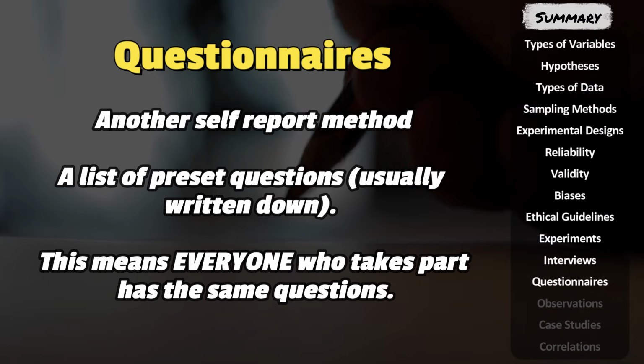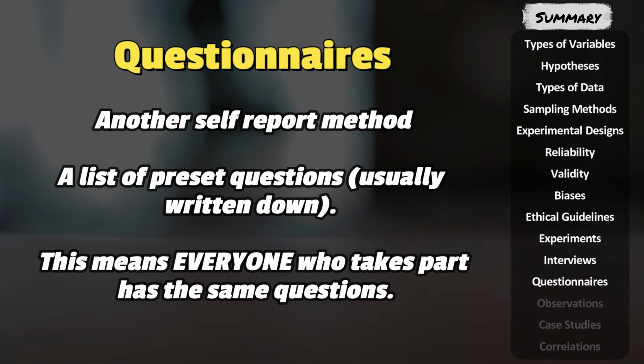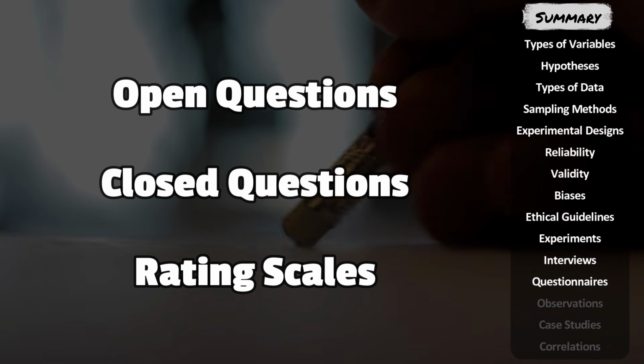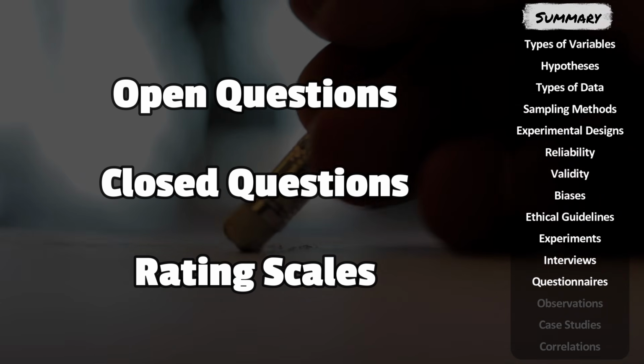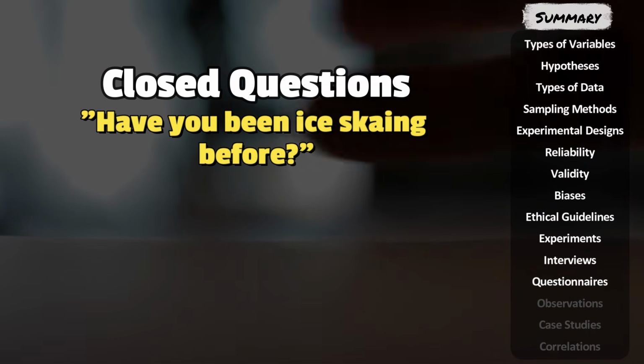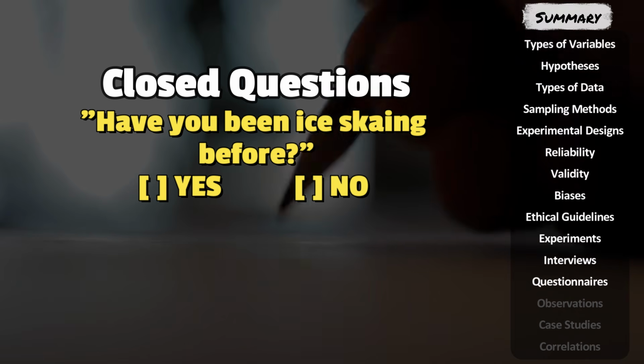Now, questionnaires are another type of self-report method, meaning that we are accessing people's thoughts and feelings by asking them themselves. A questionnaire is usually written down, and it's a set of questions. They can be open or closed, and they can also make use of something called rating scales, and in fact, they're the 3 key terms we need to know. So a closed question is a question with a fixed set of responses. They could be a multiple choice answer, such as a yes or no, or they could be predetermined categories that